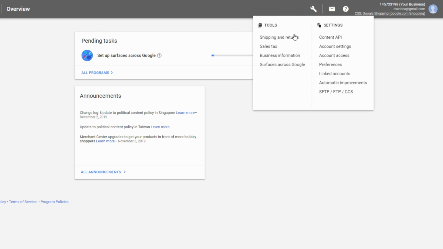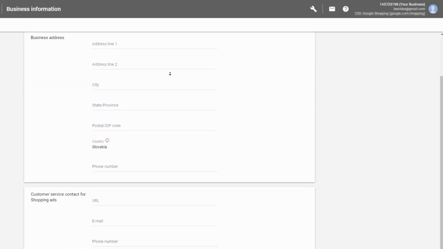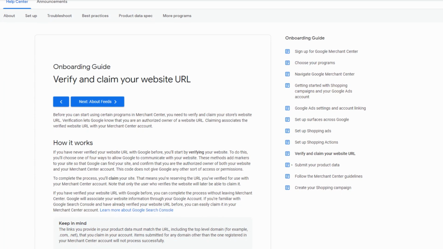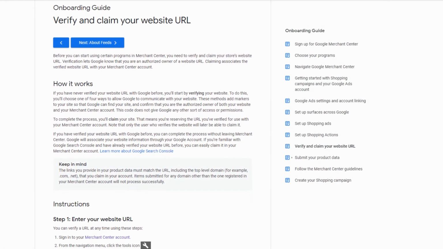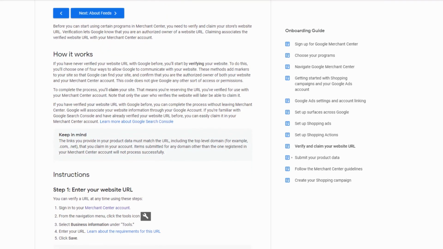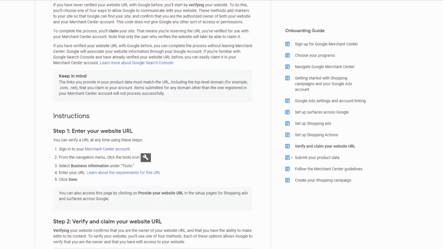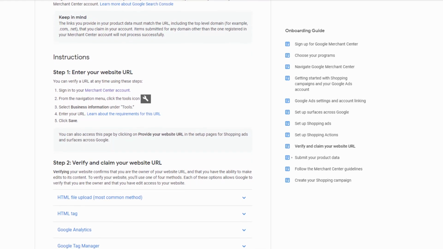In the Business Information section of the menu, complete the required information about your business. In addition to classic data, you can also upload a logo or colors that represent your business and can be used for advertising. In order to upload information about your products, you must have a verified eShop web address. In this way, Google verifies whether you are the actual owner of the address. To learn how to verify your web address and what to do if you own more addresses, see the official Google page.